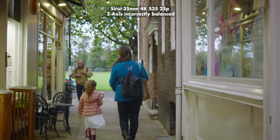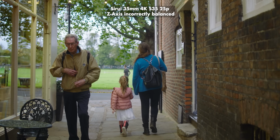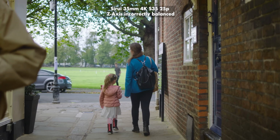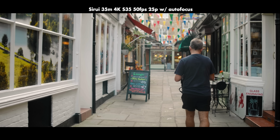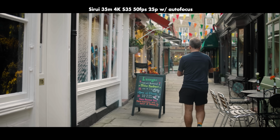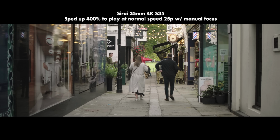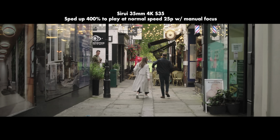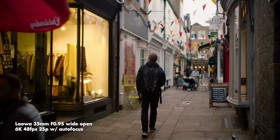You've got to make sure the Z-axis is properly dialed in, otherwise it can make your footage look worse. And it isn't for every single situation. Normally I use wide-angle lenses to hide the bounce, but when you're on a longer lens that's not possible. This shot here is with the Suri 35mm anamorphic lens in Super 35mm mode. This gives you a 50mm full frame equivalent, but I think my favourite shots here were with the 35mm Laowa